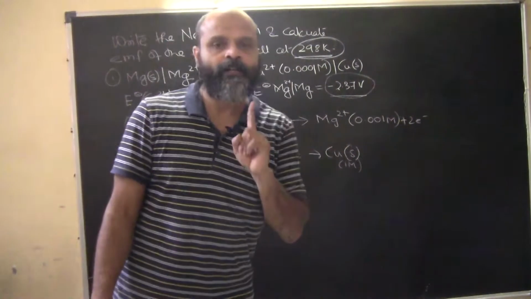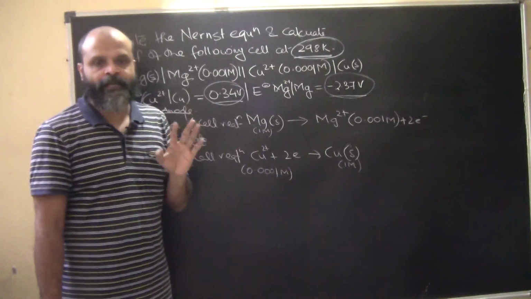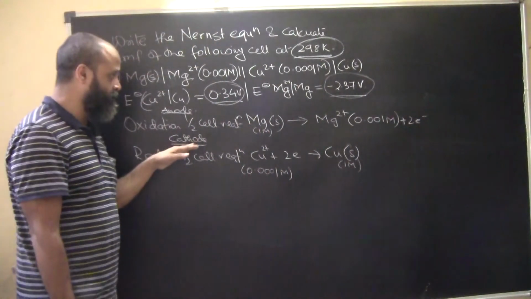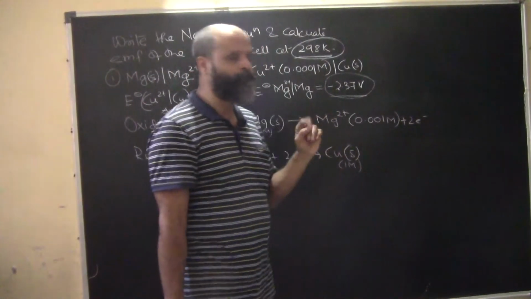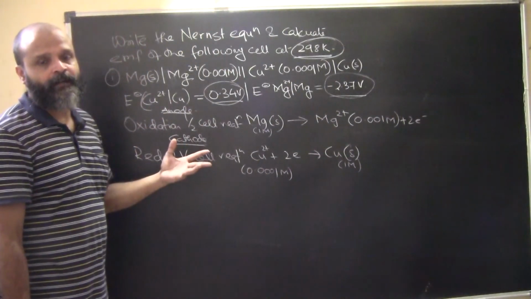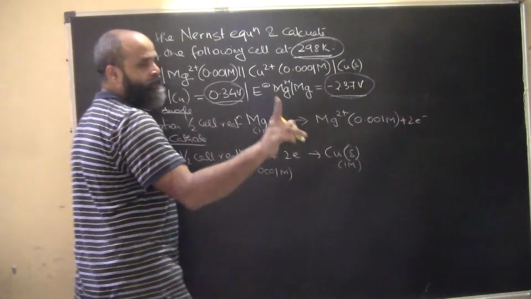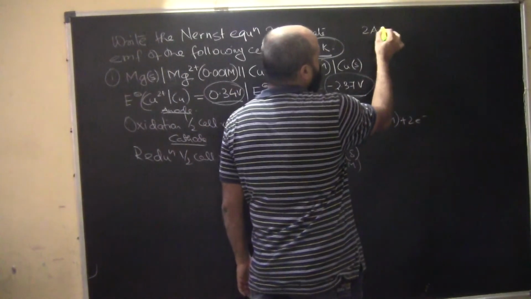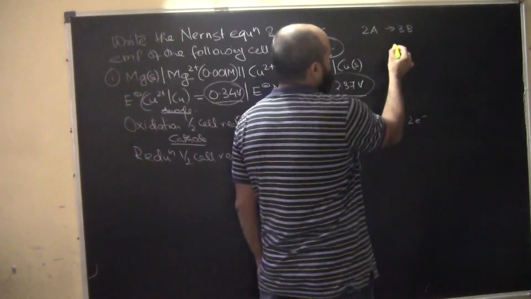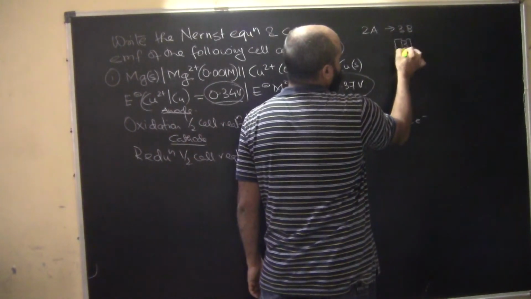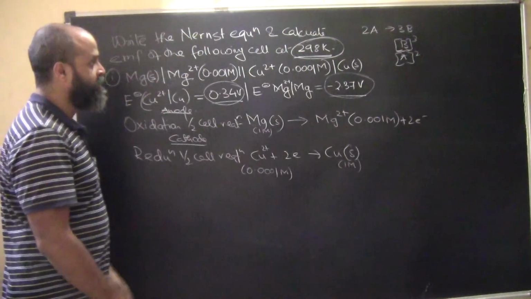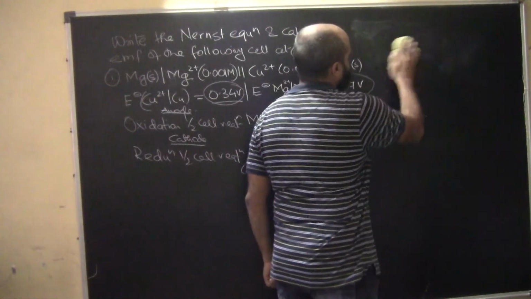Why do we need to write these equations? For two things. One, to calculate the value of small n, the number of electrons that have been gained, or rather the number of electrons released during oxidation. And we need to know the molar concentrations of the products and the reactants. Always remember, if you have, let's say, 2A is equal to 3B, then the reaction coefficient is represented as B cube and A square. That's going to be the molar concentration expression here.